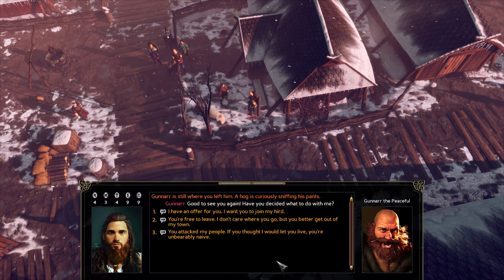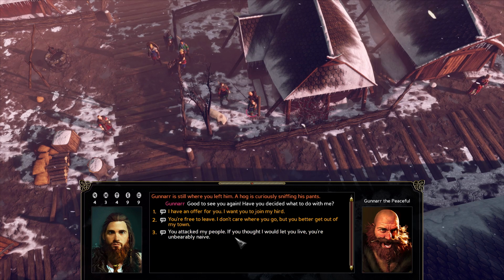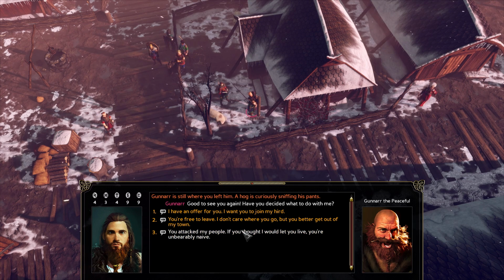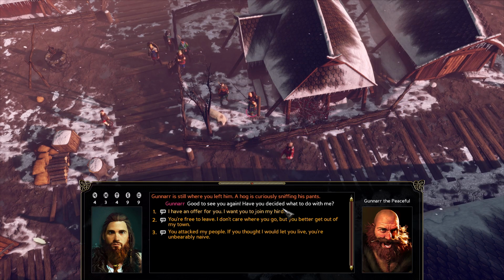Good to see you again. Have you decided what to do with me? Okay. You attacked my people. If you thought I would let you live, you are unbearably naive. You're free to leave. I don't care where you go, but you better get out of my town. No,